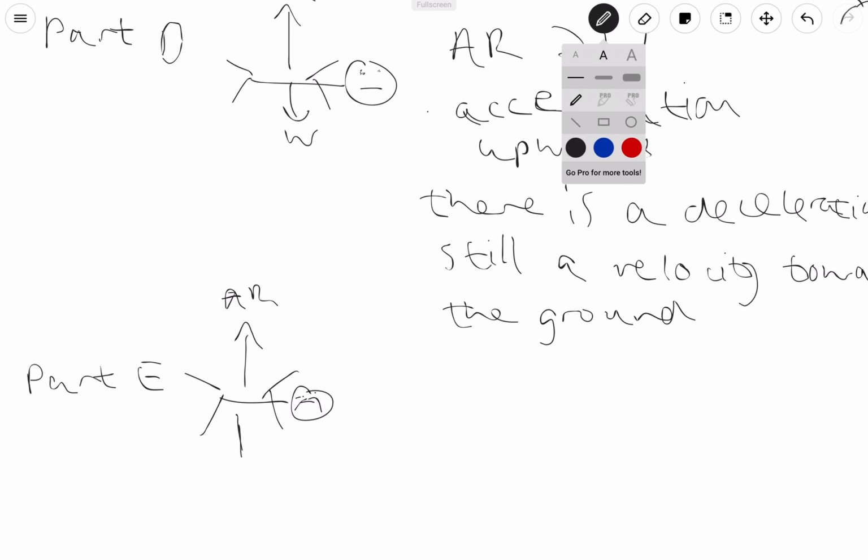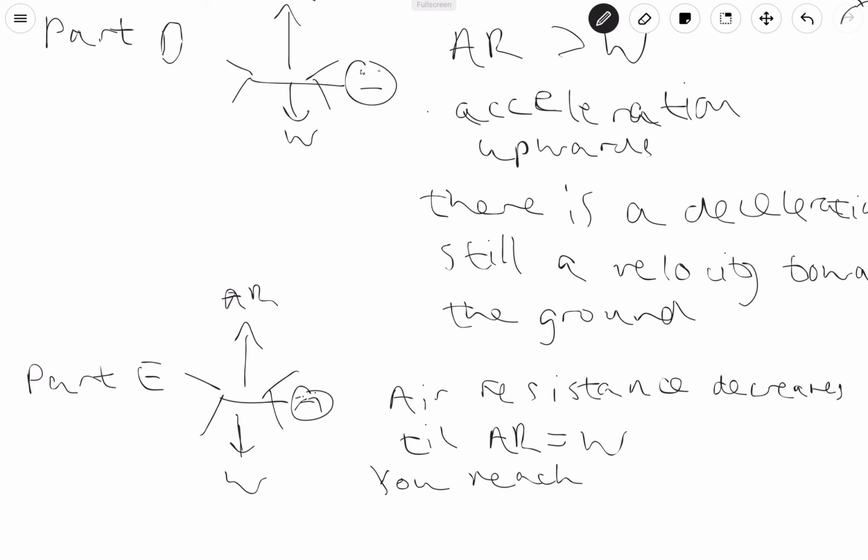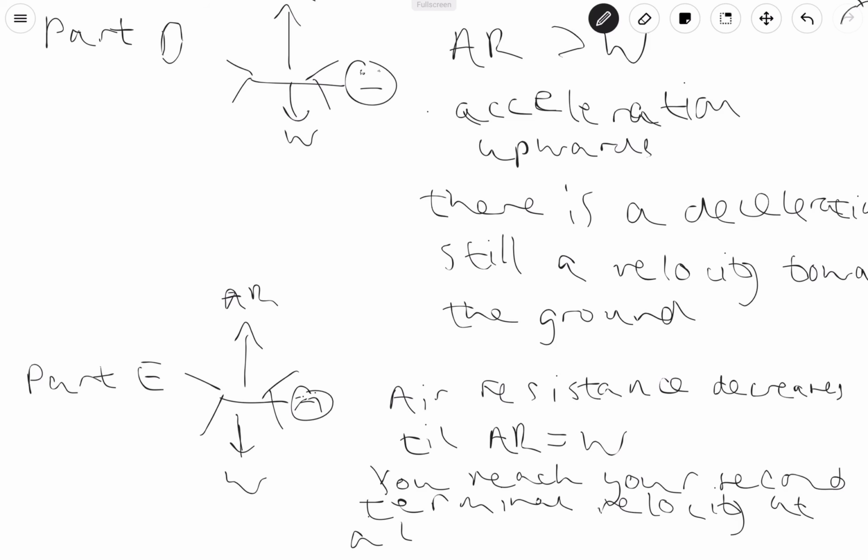So, this is weight, air resistance decreases till air resistance equals weight. You reach your second terminal velocity at a lower speed, so lower magnitude, at a lower speed, and